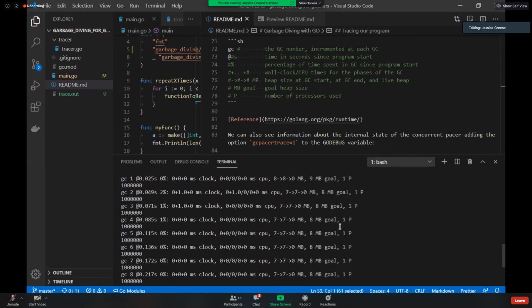And at this point, we can see, don't forget, this is set on a default, so that garbage collection percentage is 100. We can see that it is pretty consistent, which is a good sign for us because it means that garbage collection is running regularly and that it's able to keep up with the amount of allocations happening. Which again, we wouldn't really expect it to be different because our program in this case is not actually doing too much.